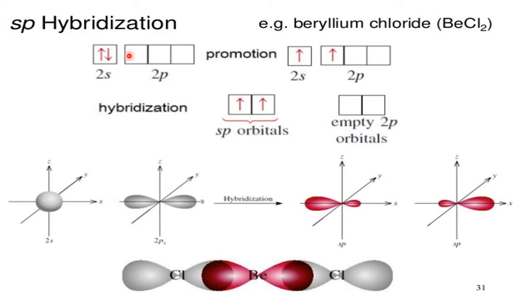Normally, electrons undergo this when they are unpaired, which is better. So here it is paired. Therefore, one of the 2s electrons will be promoted to one of the empty orbitals of 2p. So one electron from 2s will be jumped or transferred to the 2p, going for 2s1, 2p1.